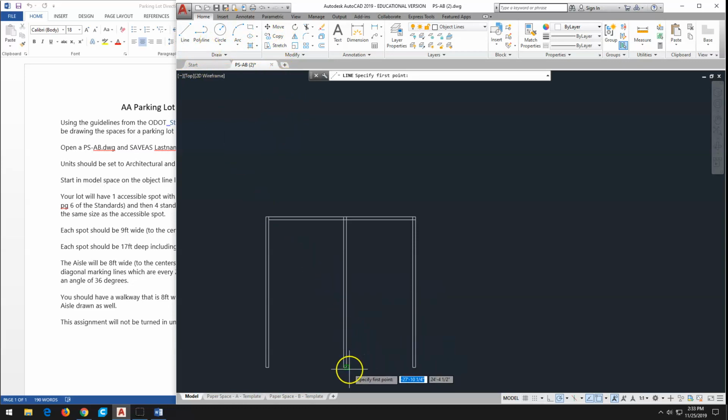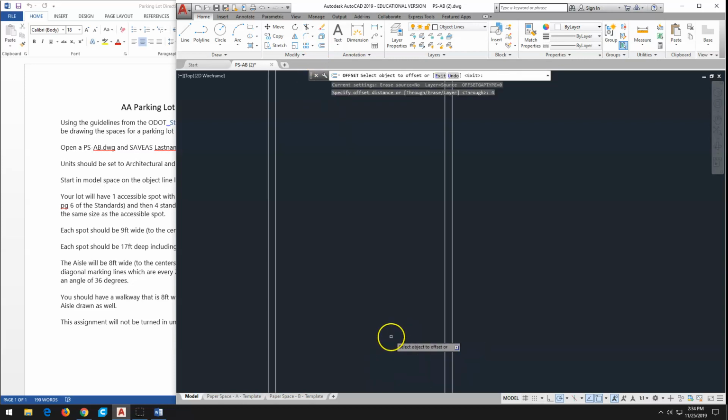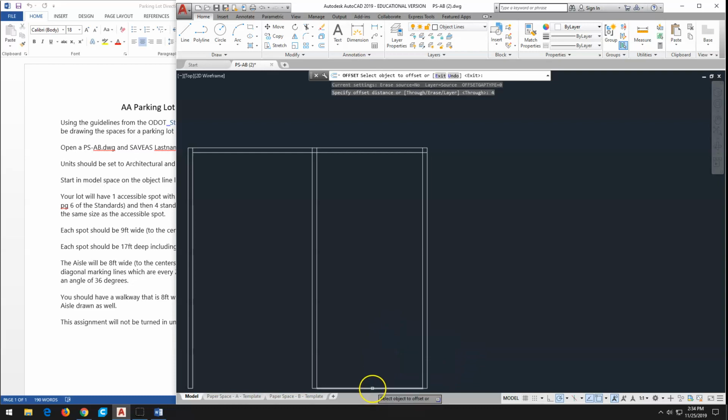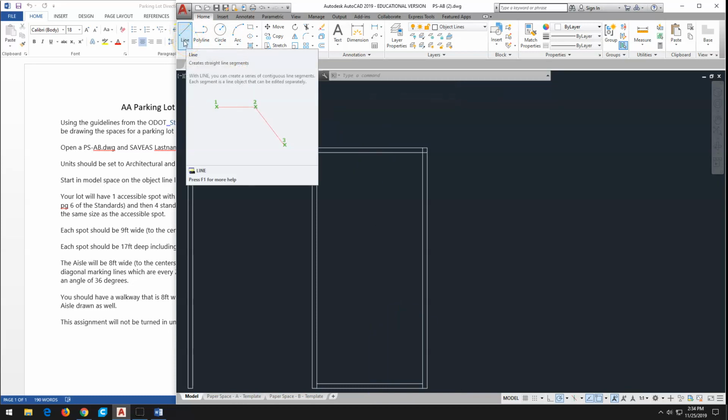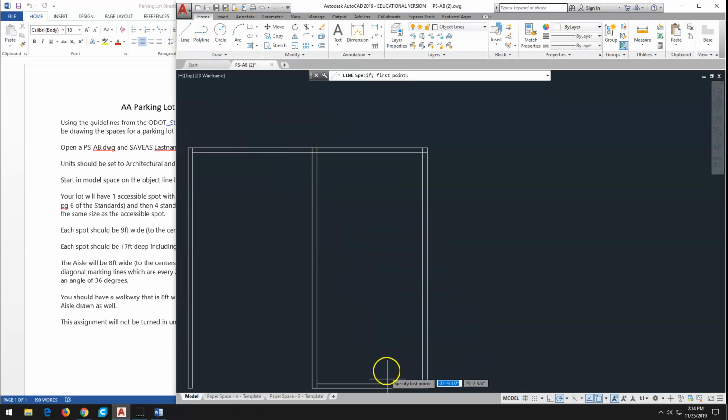So I'm going to draw the closure at the bottom, and then I'm going to offset that up 4 inches. There we go. And then I'm going to draw in my line that is 36 inches, or is at a 36 degree slant. And I'm going to go ahead